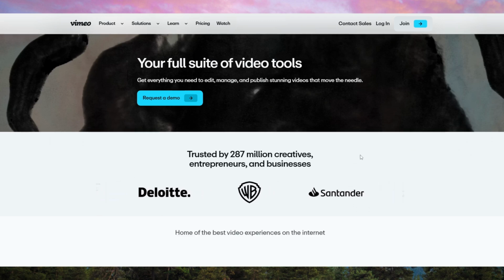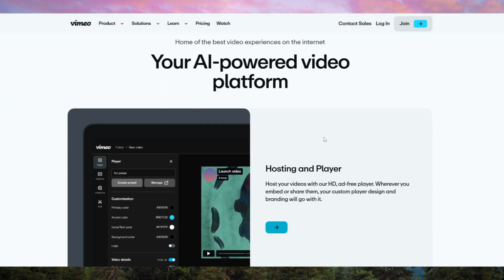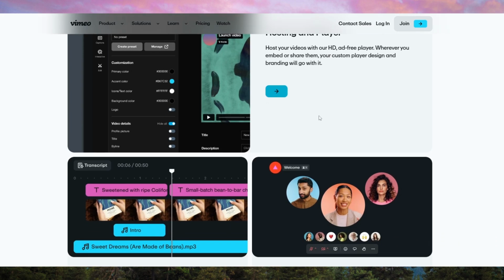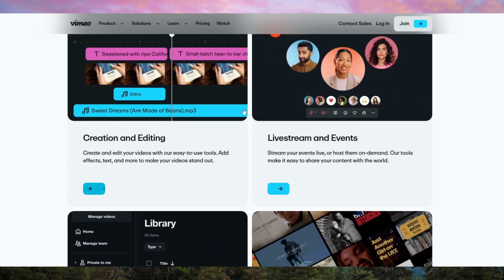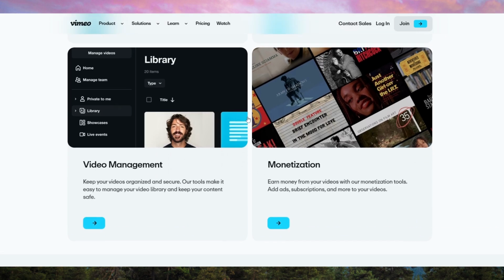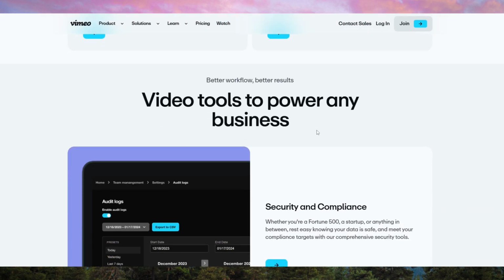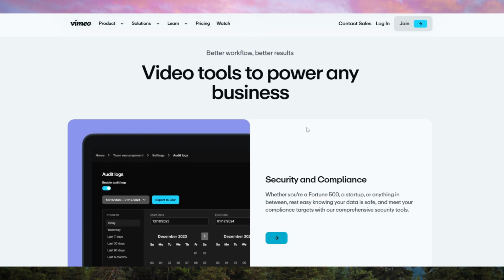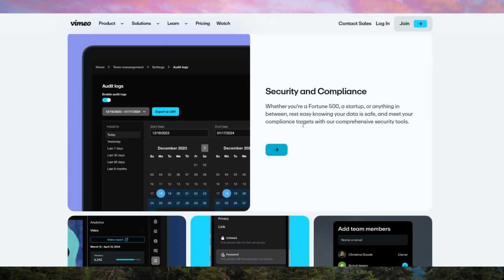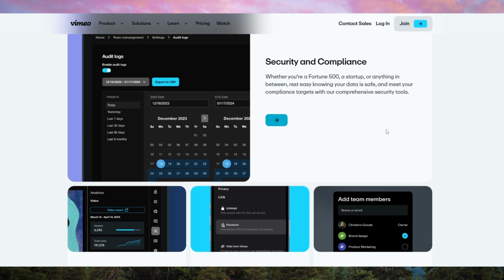It's packed with features like advanced privacy controls, customizable players, collaborative tools, and seamless integration with editing software like Final Cut Pro and Adobe Premiere. Vimeo is ideal for filmmakers, marketers, and businesses focused on brand quality, as well as educators and event hosts who want reliable streaming options. However, understanding Vimeo's pricing is critical before you commit, as it can vary significantly depending on